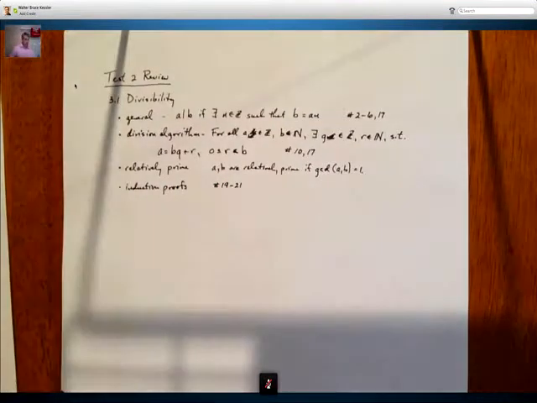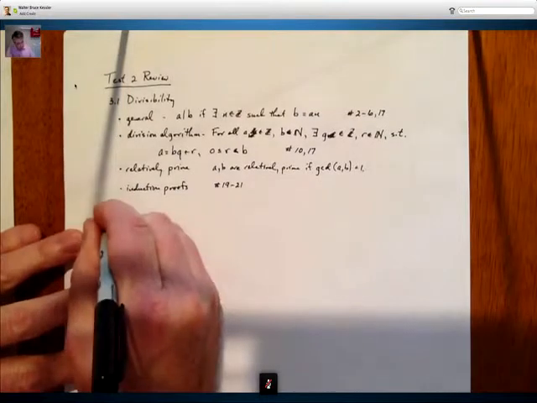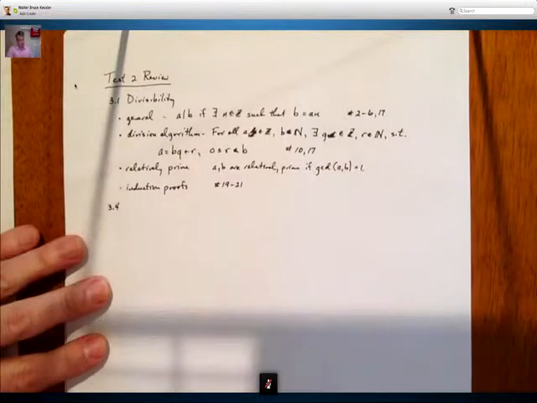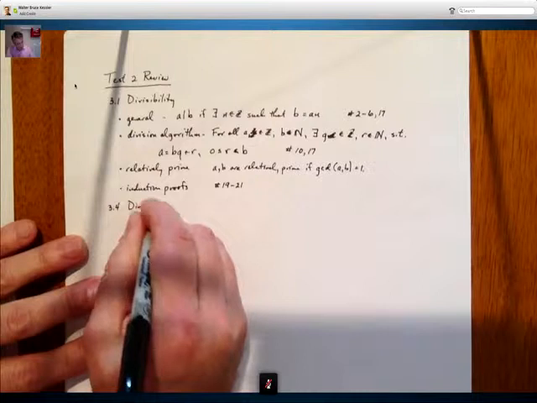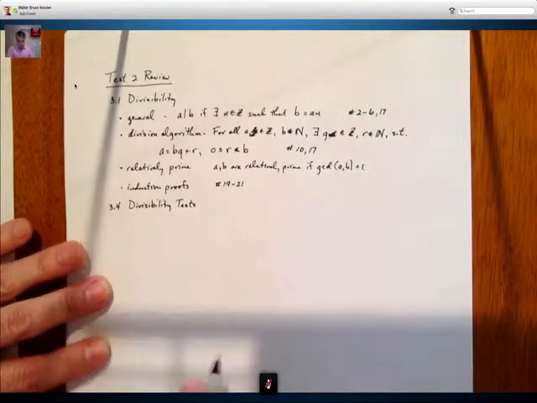So on the test I could probably give you a general problem, and then maybe one involving the division algorithm. There'll be 2 or 3 problems out of this stuff, and then maybe one induction proof or something. There'll be 2 to 3 problems out of 3.1 and 3.4. 3.4 is actually on divisibility tests,